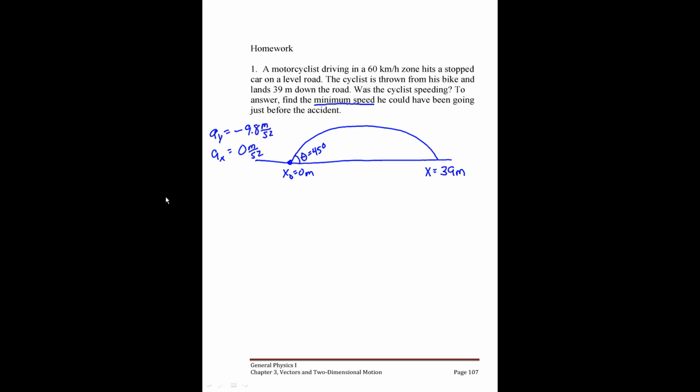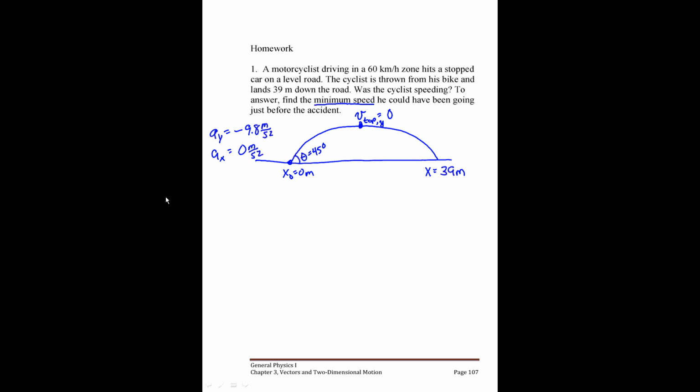So I'm going to say that at the top of my trajectory, I'll call this V top in the y direction, that's equal to 0, because when something goes to the top, it halts and then it starts coming back down again. Now, I can also say